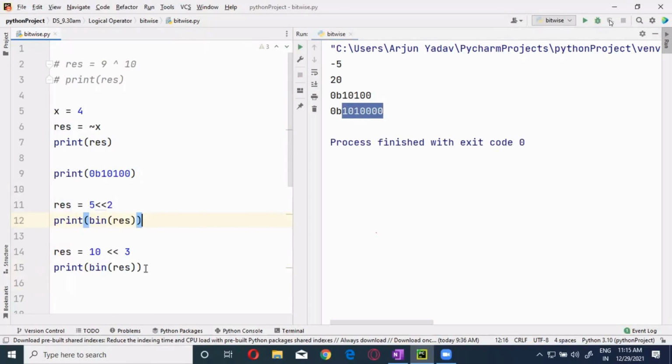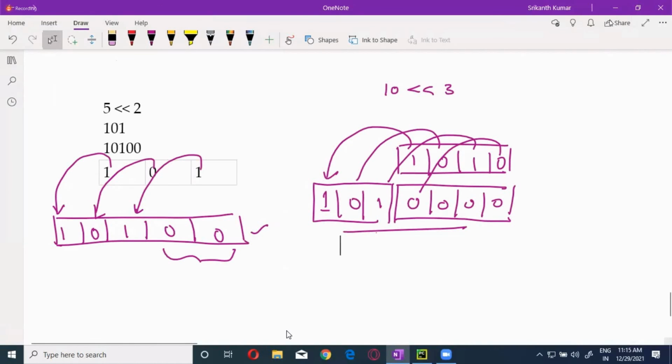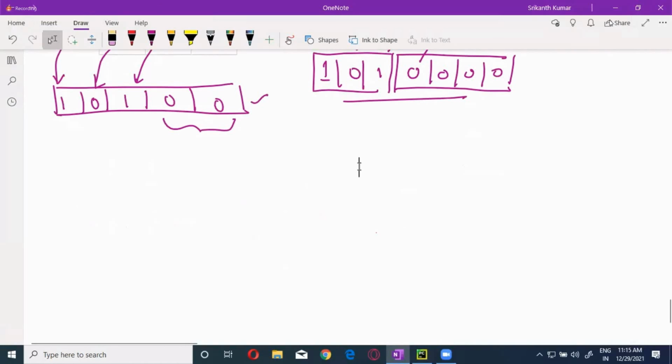Okay, guys. Now the same way the right shift means take the values, shift towards the right. That means just cut off the values. Though always when you are doing the right shift, the resultant value will be always smaller than the actual value. Now when I'm doing this, if I'm doing 10 right shift 2, guys, how it will work is, 10 is 1010. Okay. Now right shift 2 means remove these 2 places. Then you will be having only 10. Okay. The output will be 10 only.